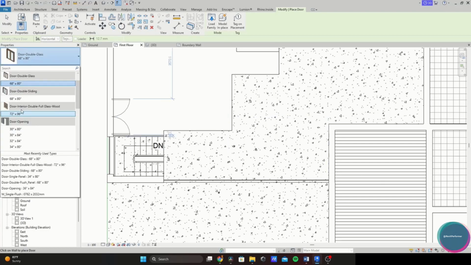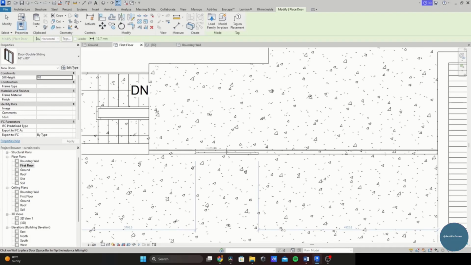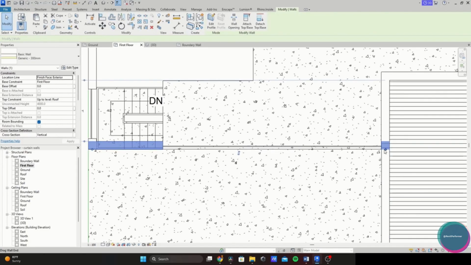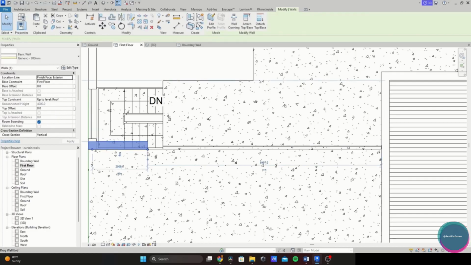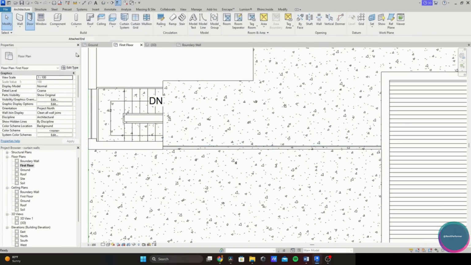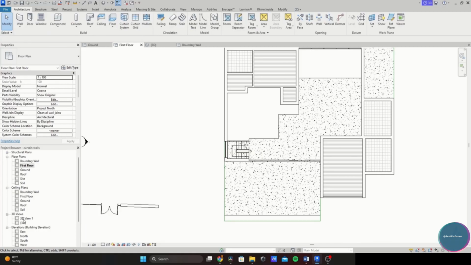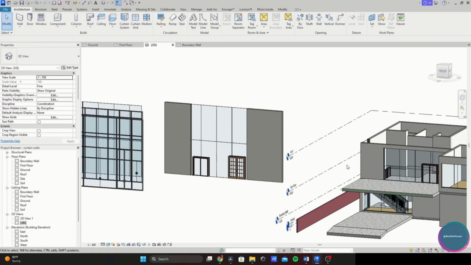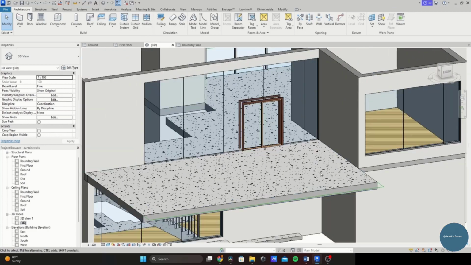Okay. Now we're able to do this because, as you can see, we have our wall extended. If I didn't have my wall, if I try, it won't work. Now if I again extend my wall through and my current wall is embedded into it, the glitch works simply. So this is a type of workaround. If you don't want to waste your time, you don't need to go through this whole manual process.